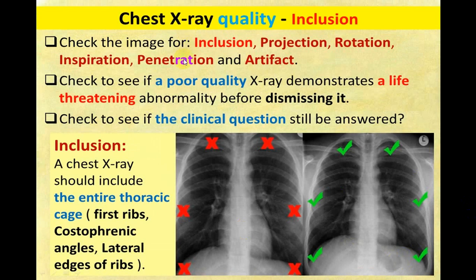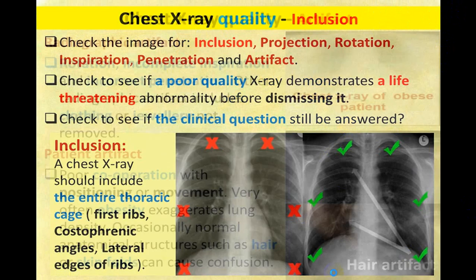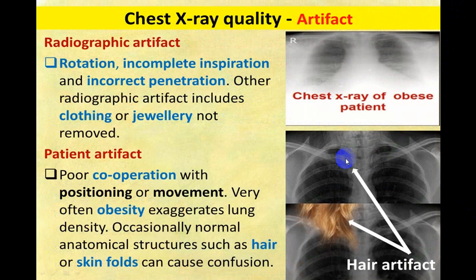Now there are some X-rays which can show you additional shadows, which we call inclusions, which are not inside the chest. So always try to look for those particular things. Now you can see here there is some shadow seen here, and this is because of the hair. As soon as the hair is removed, that particular shadow will disappear.